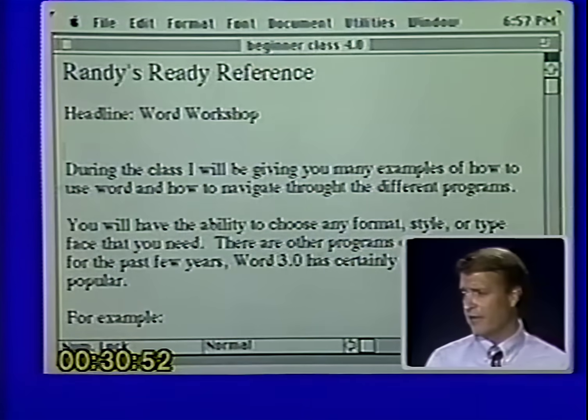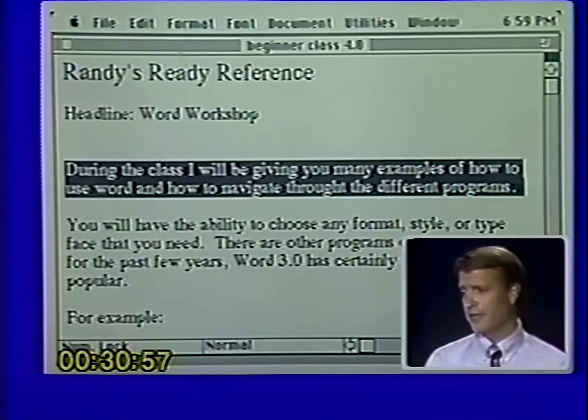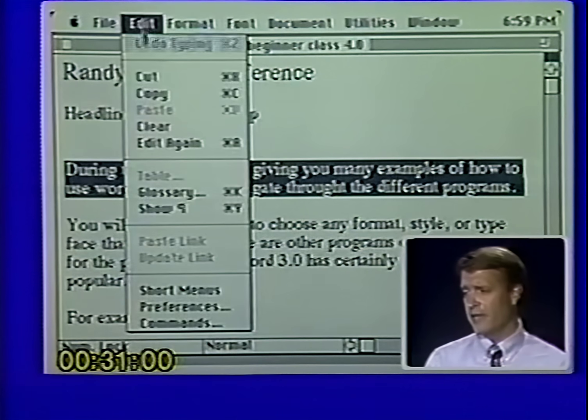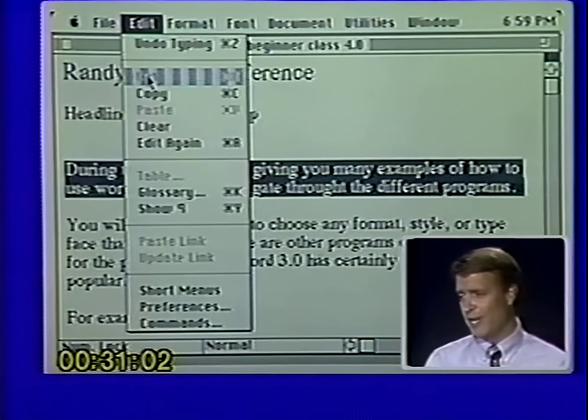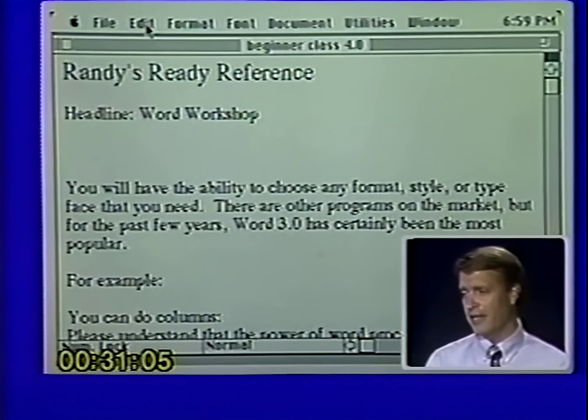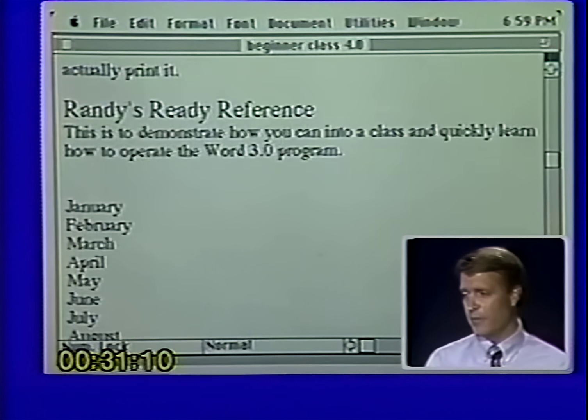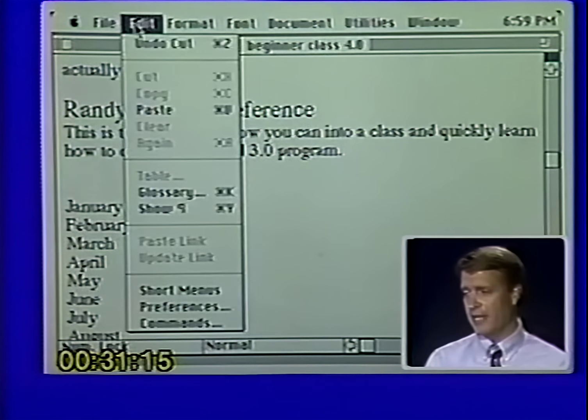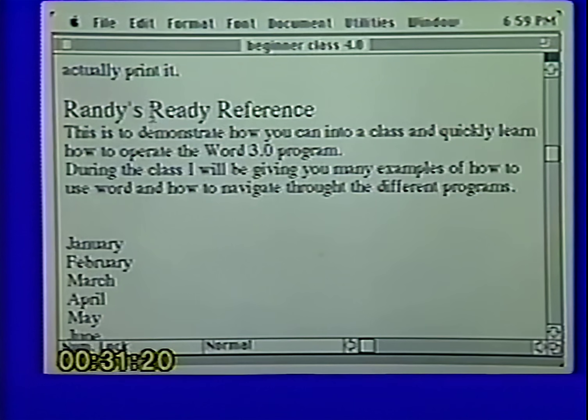So let's do that in our document now. What we want to do is move the first paragraph somewhere else in our document. So the first thing we're going to do is highlight it, or select it, excuse me. Then we'll go up under Edit, and again, remember the pair of scissors, we cut it out. We just selected Cut out of the Edit menu, and you'll notice it disappeared. Now all you have to do is go down into your document where you would like it to appear, select an insertion point, go back up to Edit, and again, remember kindergarten, we simply paste it in, and there it is. You cut it out, and then you paste it where you want it.